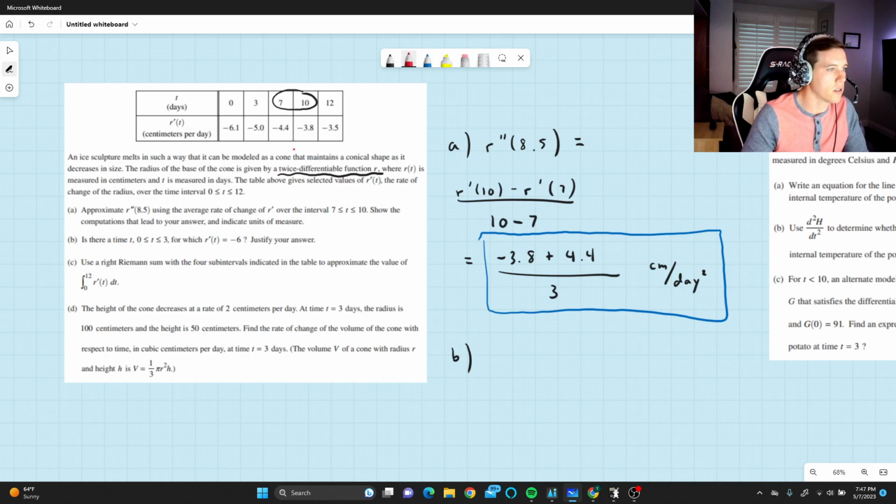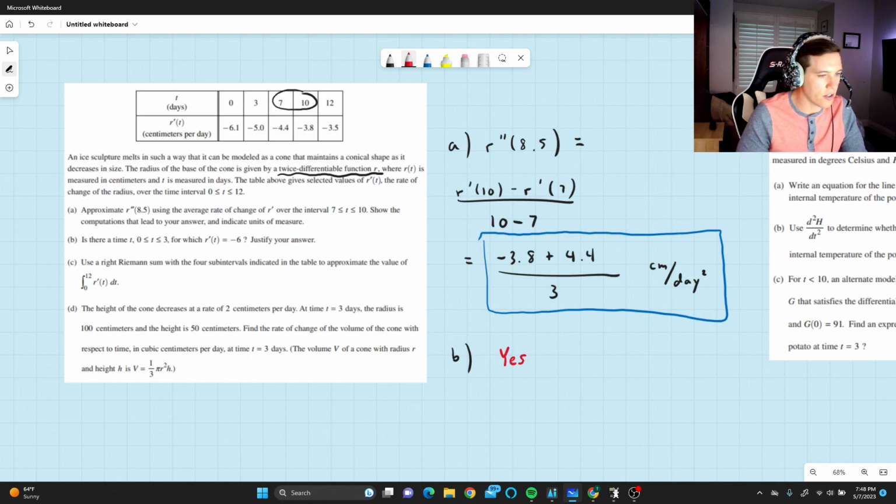Well, they're asking about R prime, and my table is R prime. So this is not the mean value theorem. This is the intermediate value theorem. To get from -6.1 to -5, I had to cross -6. So you have to be very careful about how you say this. So you would say,